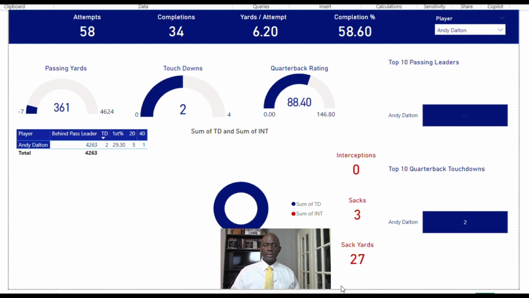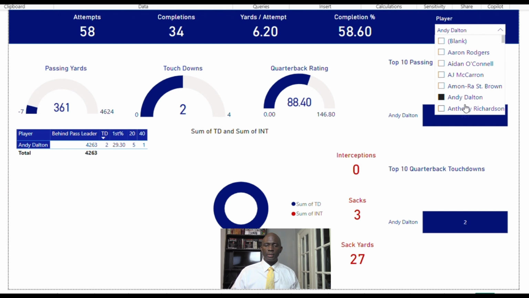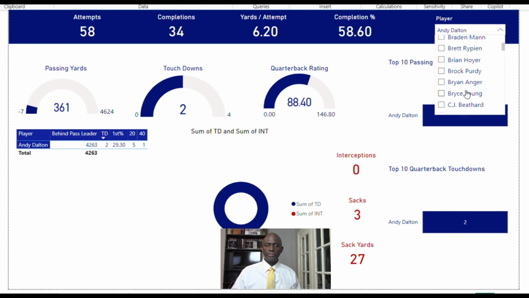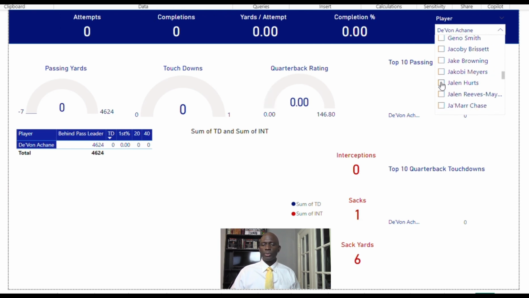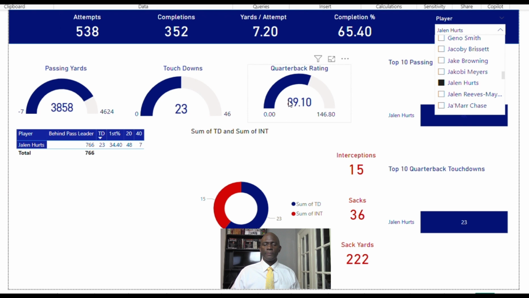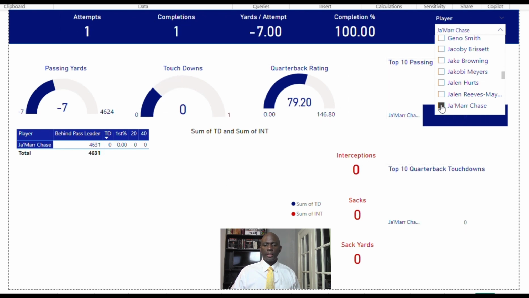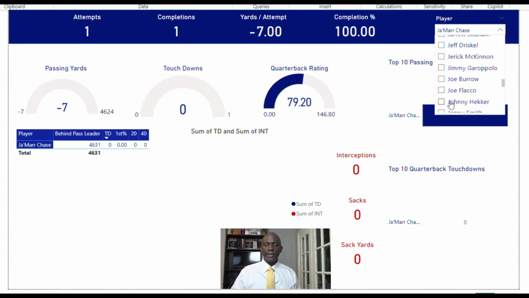Let's go back. Let's look at DeAndre Hopkins. So Jalen Hurts had an 89. What I was really trying to find, as I built this